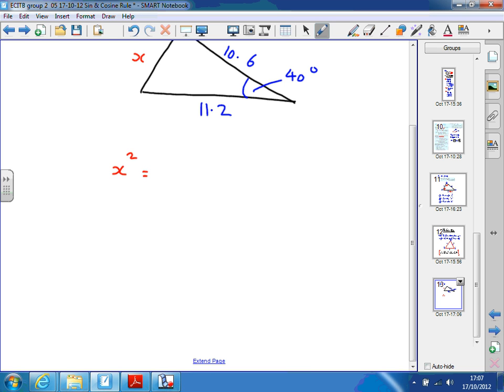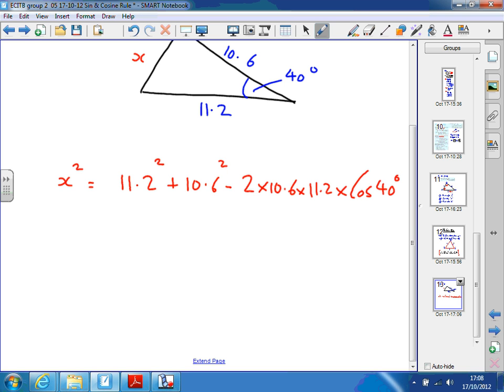equals the other two sides squared. So whatever the other two sides are, it doesn't matter which one I call B and which one I call C, I just square them. 11.2 squared plus 10.6 squared minus 2 times the other two sides, 10.6 times 11.2 times the cosine of 40 degrees. That's literally what I do, and then I just put that into the calculator. So if you do that,